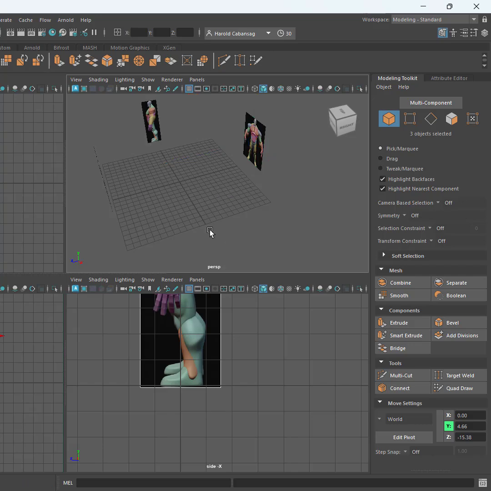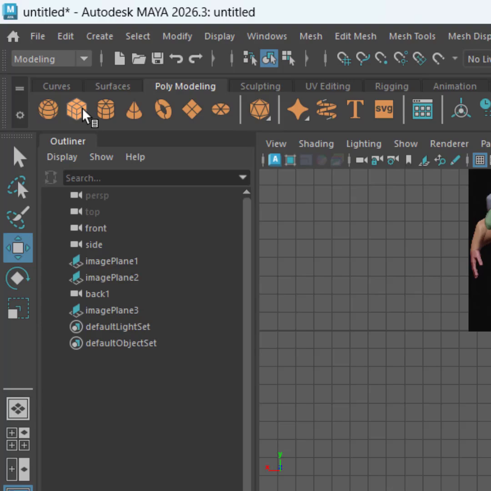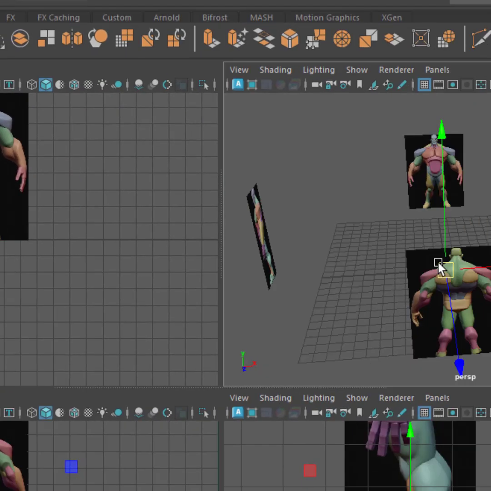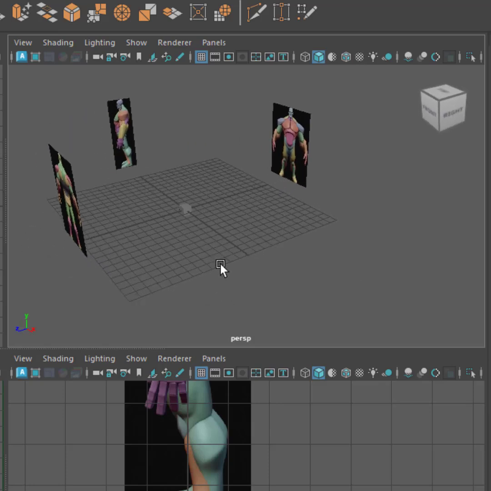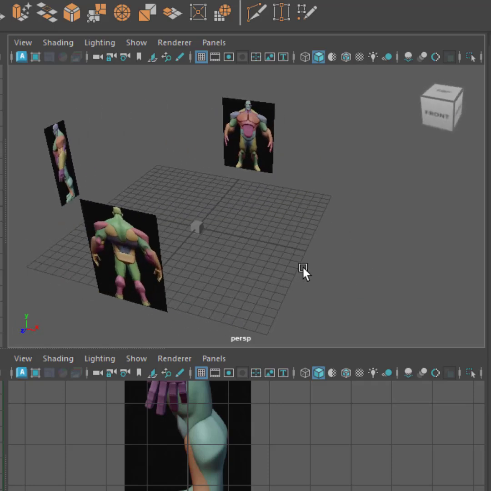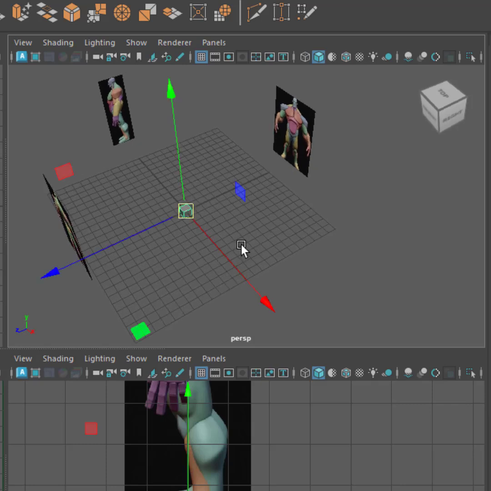Now since they are all above the ground line, the next thing is if I put an object here at the center and start to model, right? So it will be a bit difficult because the references are blocking your camera. So what I'll do, let me delete that sample object. So I'll just select this